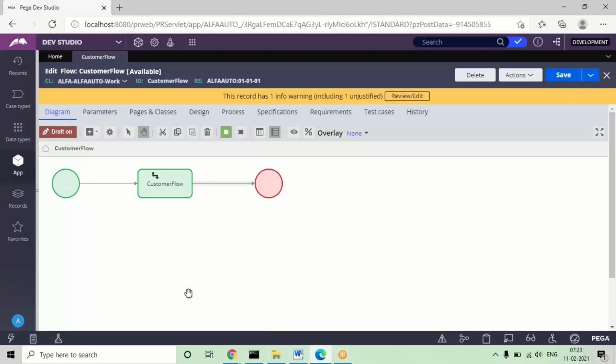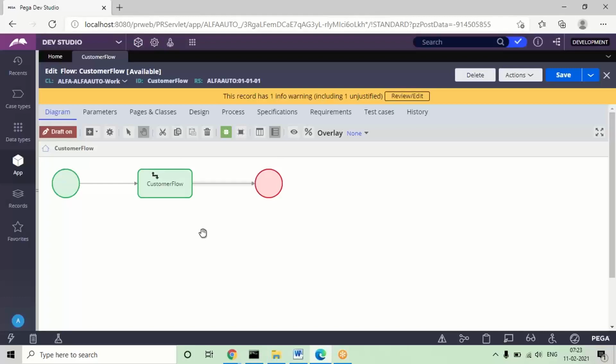If I don't turn this off and don't give the flow action, and you move the flow to the production server, the live environment, it will not display anything, it will be blank.